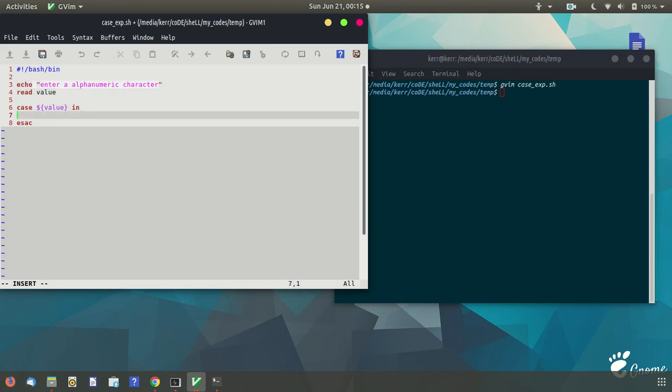So if that is between 0 to 9, we will perform some operation.